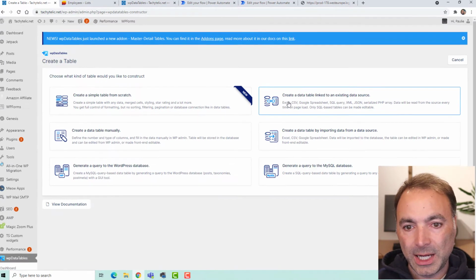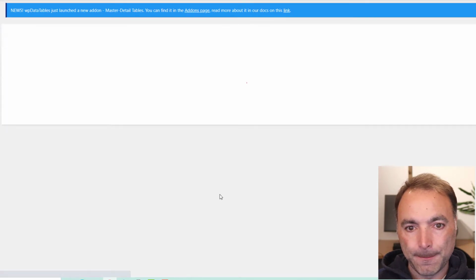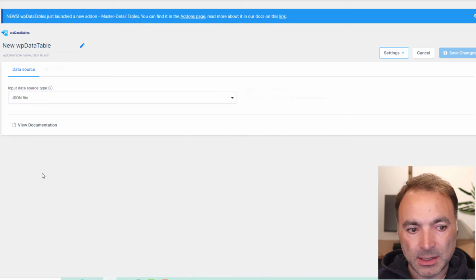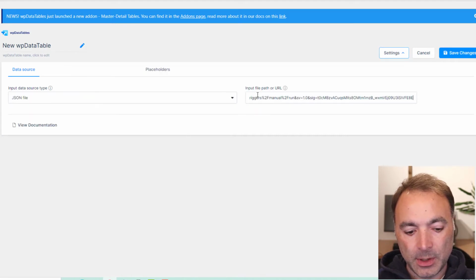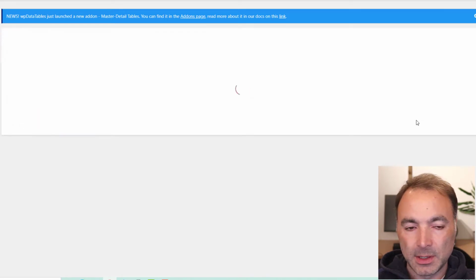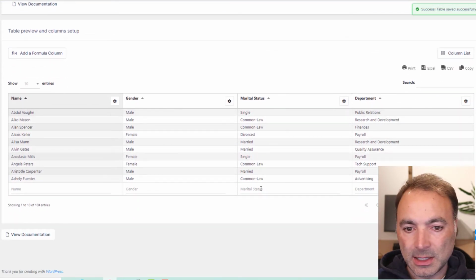And we'll say create a table linked to an existing data source. And the data source type is going to be a JSON file. And then we just paste the URL that Power Automate provided to us. Save the changes. And then we can see it's generated our table.